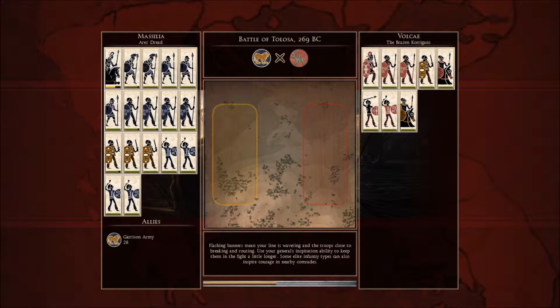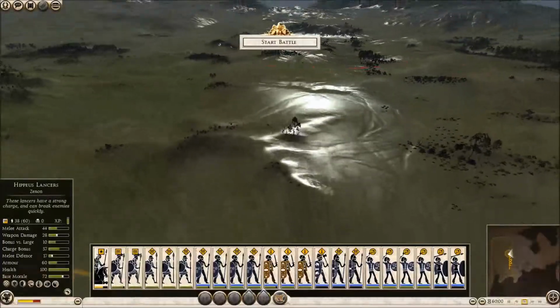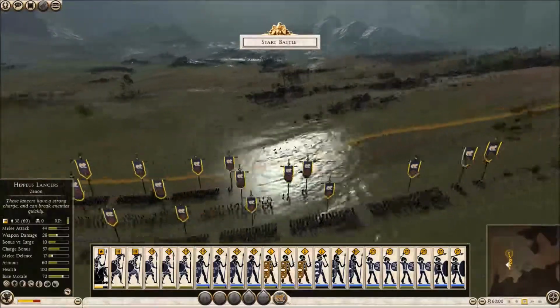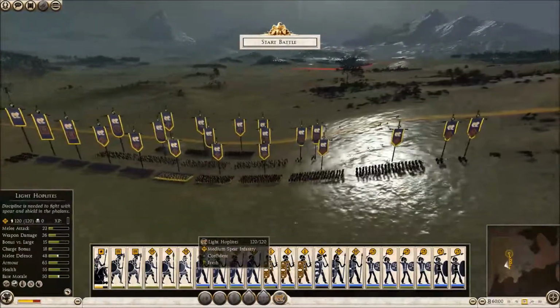Honestly, it's always better to take control rather than auto-resolve, because generally speaking you can mitigate your losses by playing that way. However, this series has gotten a lot better with auto-resolves. You don't get as many random surprises as you used to. Meaning I'll probably do the same, if not a worse job than the auto-resolve would have done. But it is what it is, so